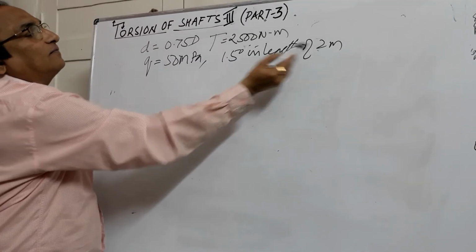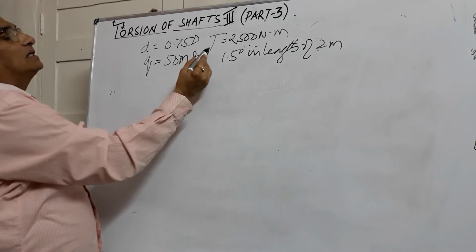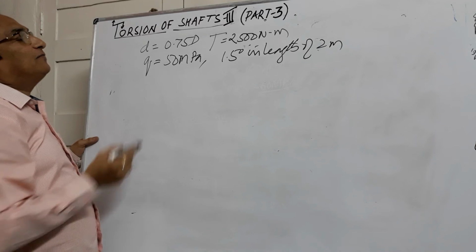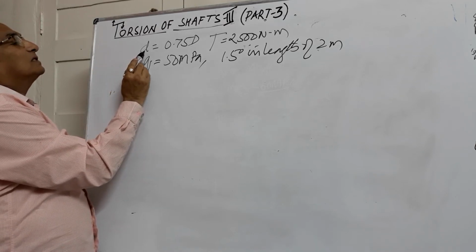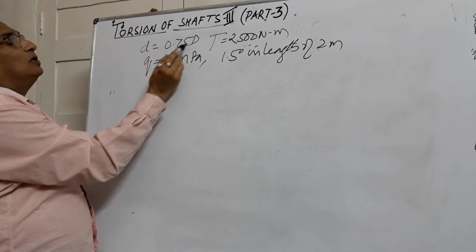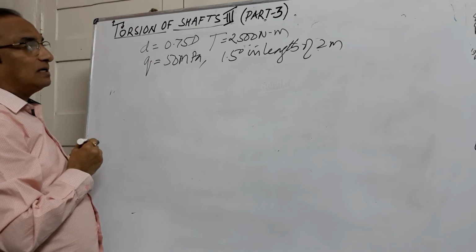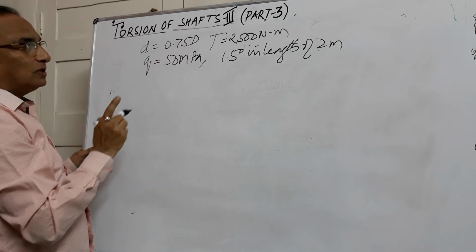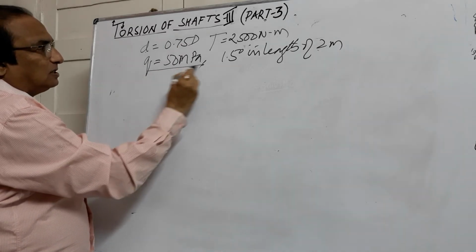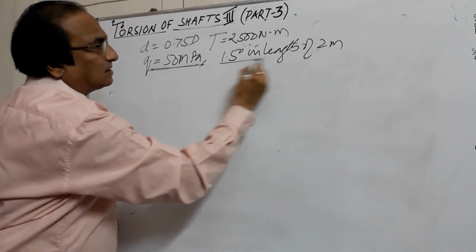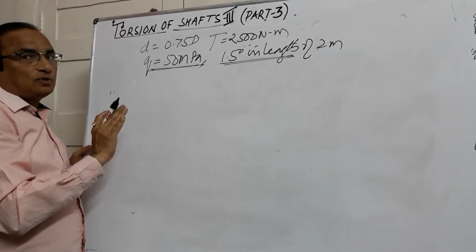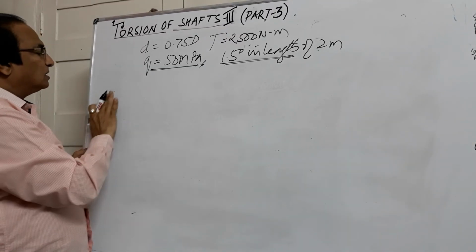The length of the shaft is 2 meters. It is subjected to a torque of 2500 Newton meter. If the ratio of the diameters is d equal to 0.75 times the outer diameter D, then you are required to find out D and d. So here two conditions are given. One is based upon the shear stress, the second one is the angle of twist. In our previous problem it was only based upon the shear stress. So we will go on the same lines here.